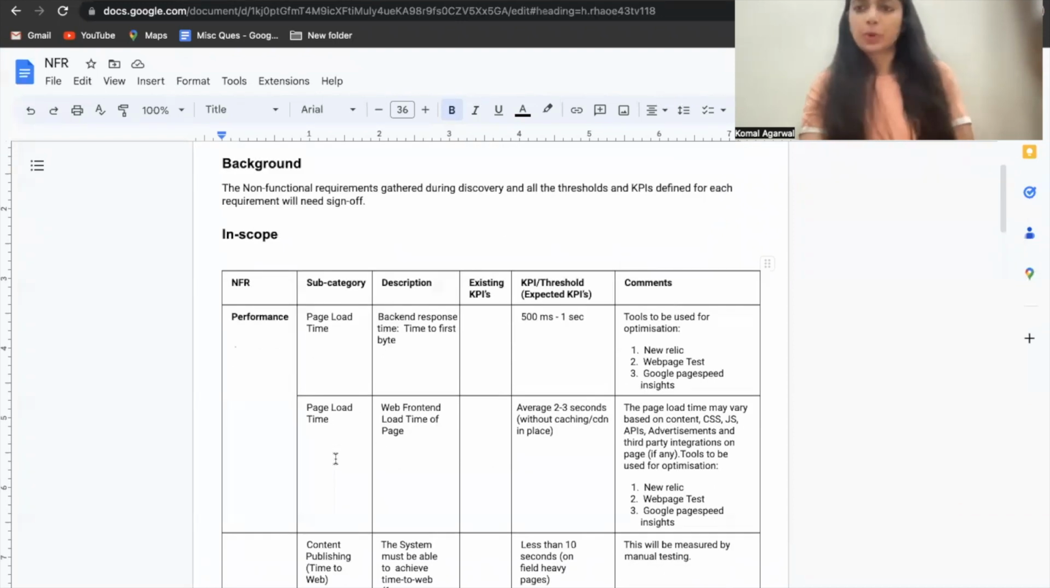This document is very important. So this is basically a non-functional requirement documentation. The non-functional requirement documentation is created at the very beginning of a product itself, like at the planning phase itself. Whenever you are capturing your functional requirements, at the same moment, you would be putting some time frame to